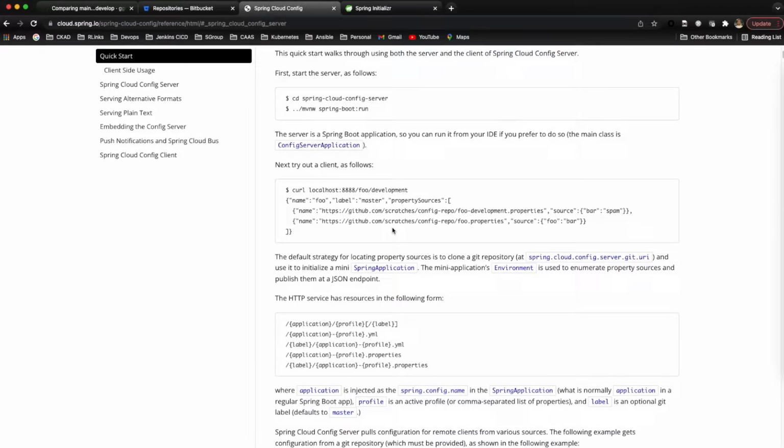And another thing, we have to understand three things. So one is the application name. So usually it would be a repository name, or inside a repository it could be a folder name. Profile is nothing but it is mostly for the environments, let's say dev profile, prod profile, something like this. And then label, in which branch I have to fetch these variables, whether it is from a master or a develop, or it is from a main. So these are the ways we can form the REST APIs. So we'll see one by one very soon.